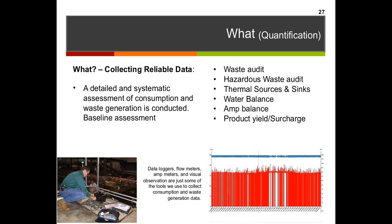So it really varies by the facility, and that really drives the cost of the assessment, right? If you've already got this information, then we don't have to go and get it. And just the process of collecting the data really helps out. So we just did a plant, and